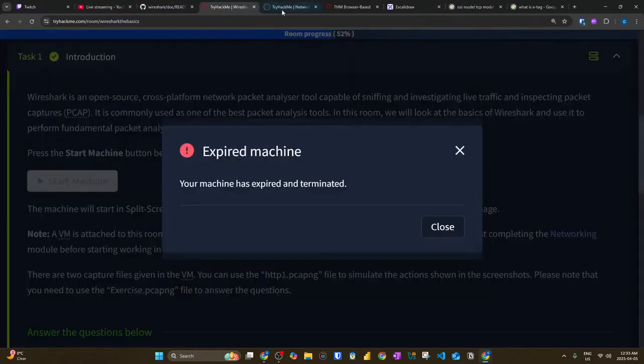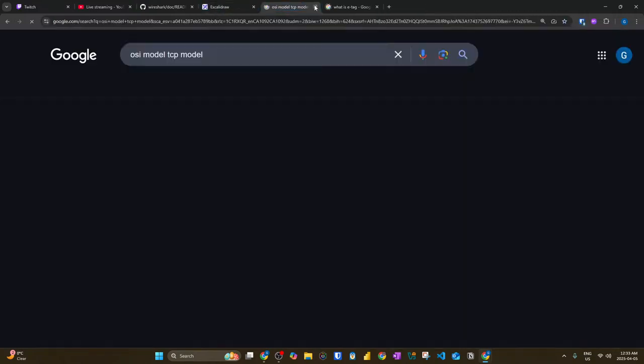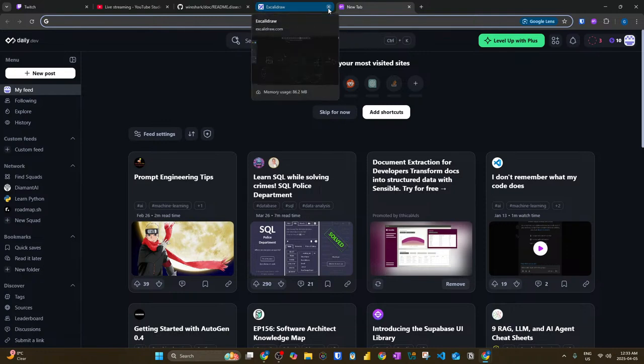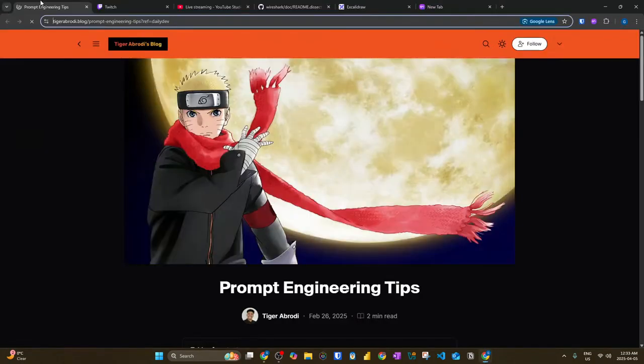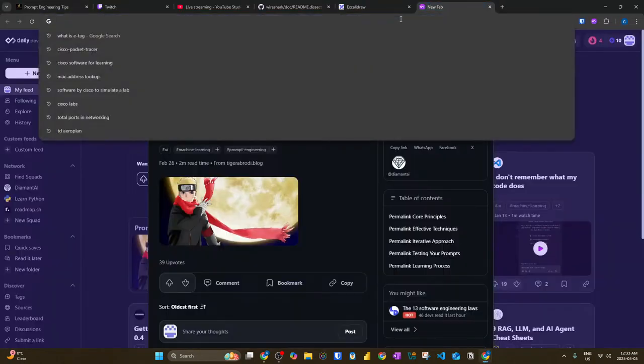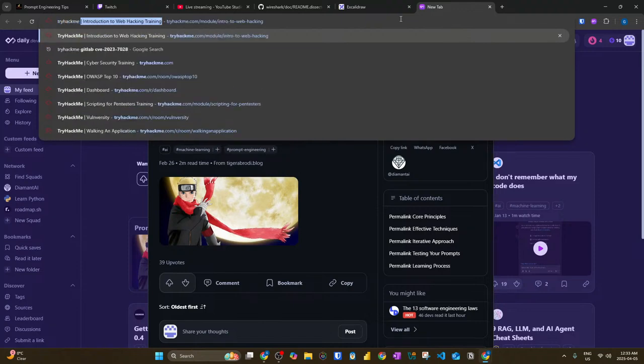And with that being said, let's get over with our TryHackMe. We had the OSI model. Yesterday we talked about the E tag and all those stuff. So now, prompt engineering tips. Sorry, I like this stuff. I'll put it at the end here. Okay, so we'll get over with our TryHackMe's Wireshark